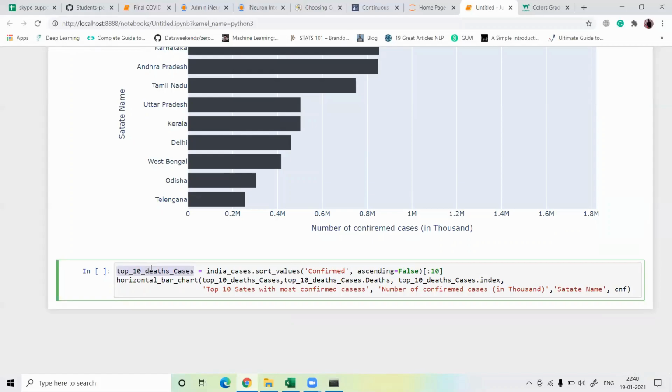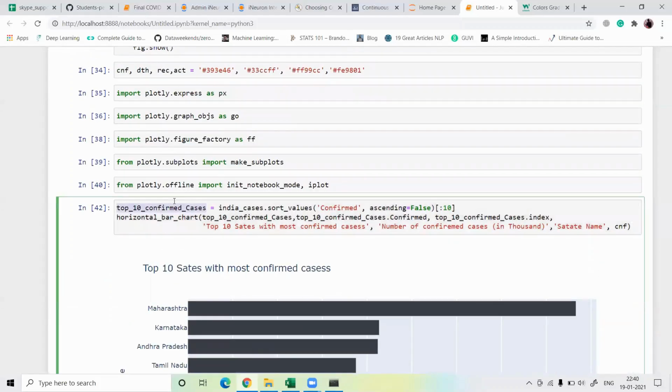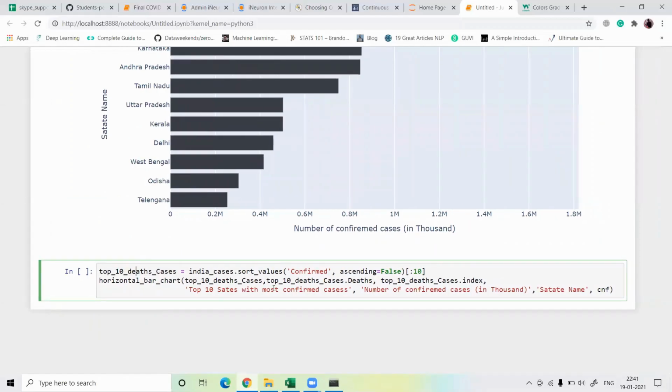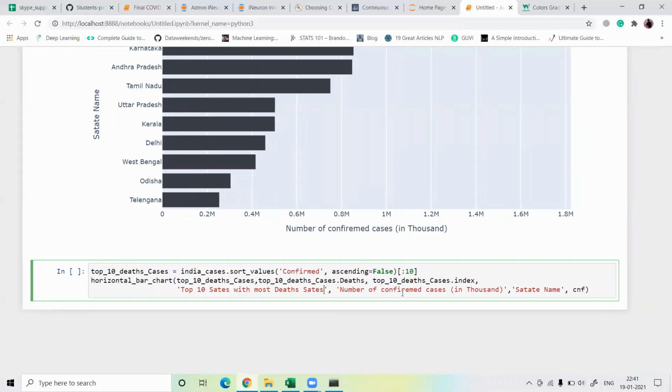And I define the death cases, because first is our confirmed cases and second we have to check the death cases, guys. Now in the horizontal bar we have to define the title: top 10 most deaths states, number of death cases in thousands.